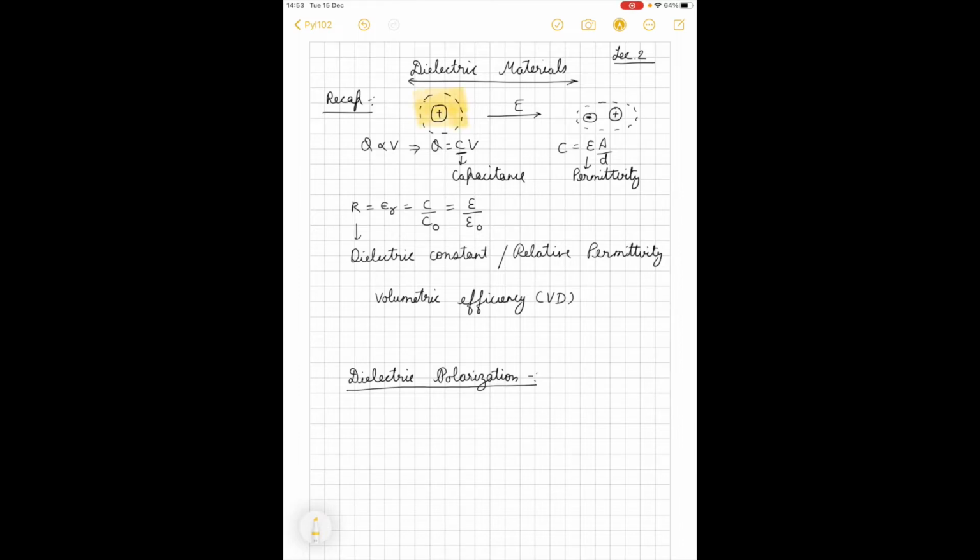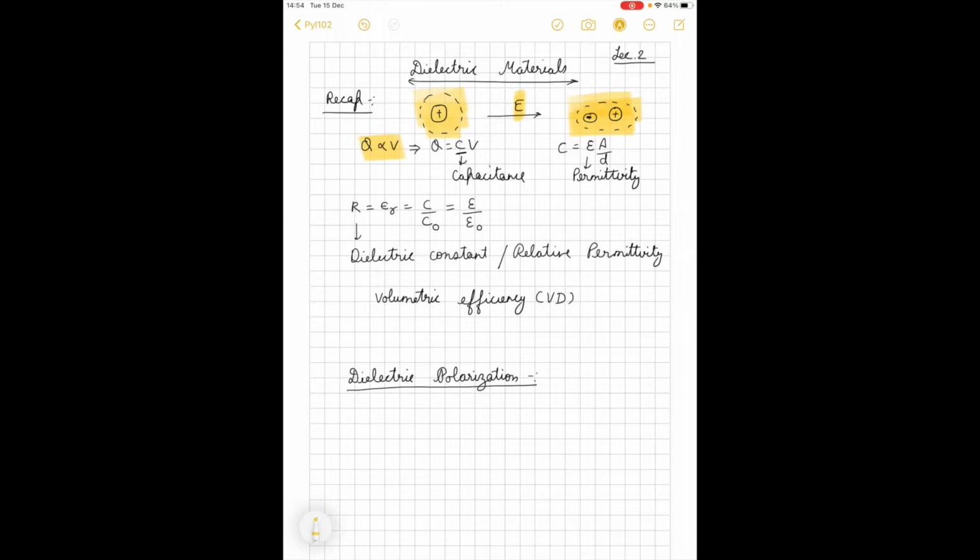How, for example, we started with a symmetric electronic cloud around the nucleus, and in the presence of an electric field, the electron cloud gets distorted, and that's how we get the electronic polarization in the teeny tiny atom inside the dielectric material. We also defined, let's say, in the parallel plate capacitor, Q is directly proportional to V, the